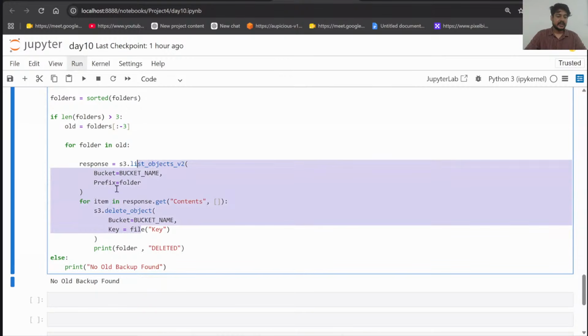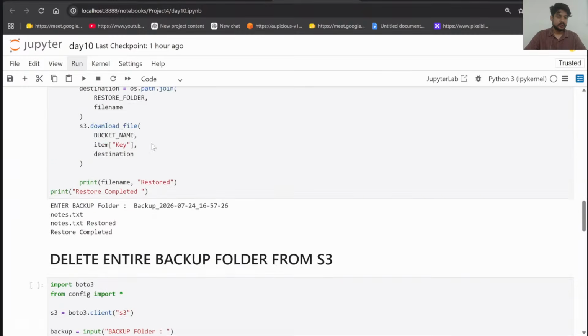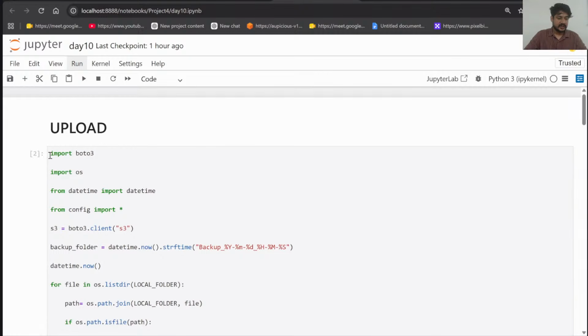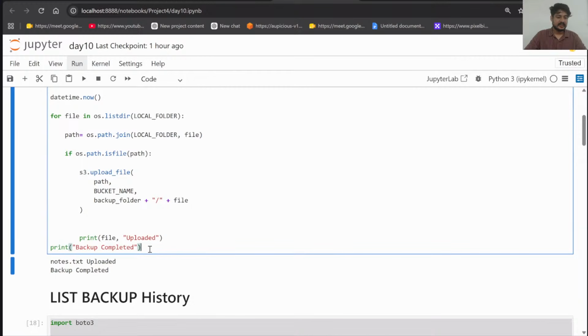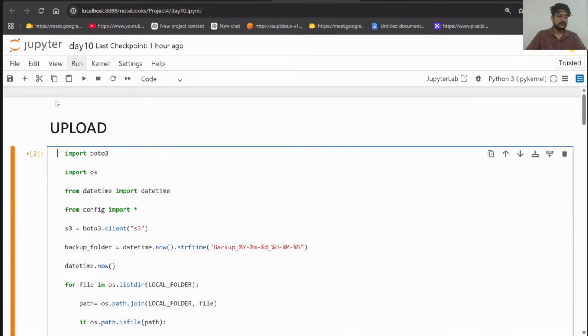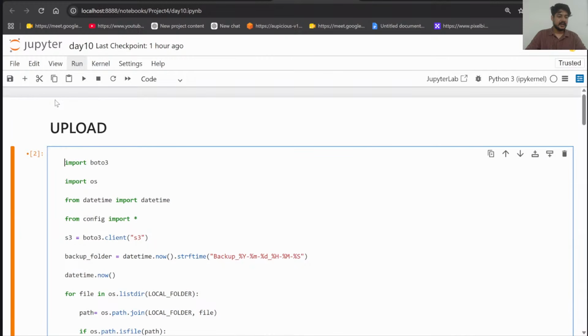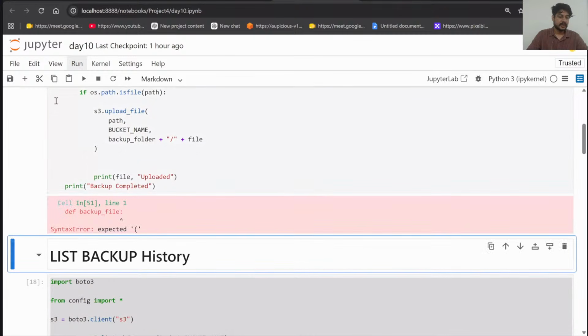So technically, guys, what we did here, we converted this entire code and created the entire code. So this entire program created. Now in this case, I want to upload something in the backup folder. तो इस function को हम बना सकते हैं. Maybe I copy this code, entire code. I'll select this entire block of code inside it और इसको हम tab key से indent कर देंगे, right? And here I will create a function. So with the help of def keyword, I'll create a function, maybe backup underscore file. So if this function run up, this function will print something like this for us. So backup function created.